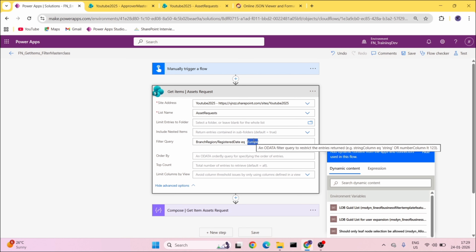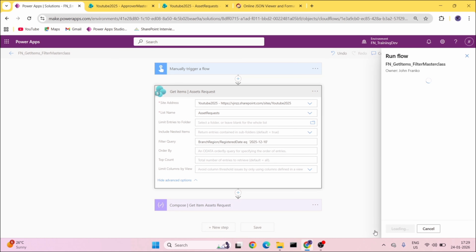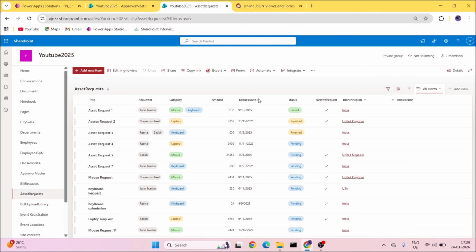The query with the date follows the UTC time format. So for that, you have to add the YYYY, which is December, and DD. Now if I save it and test it out, I'll run the flow and we'll get this